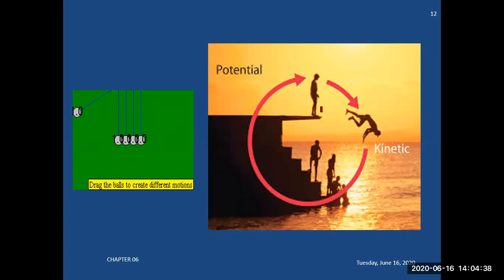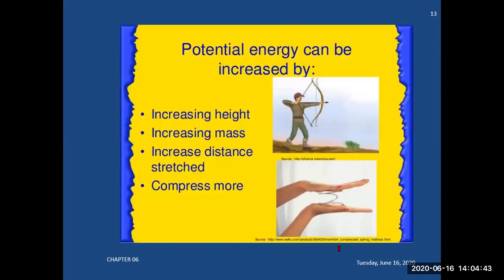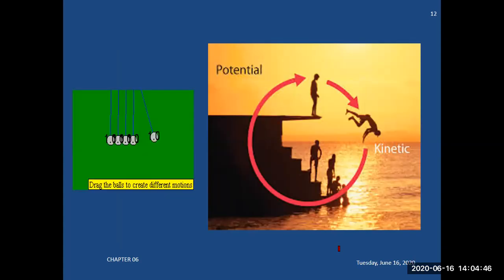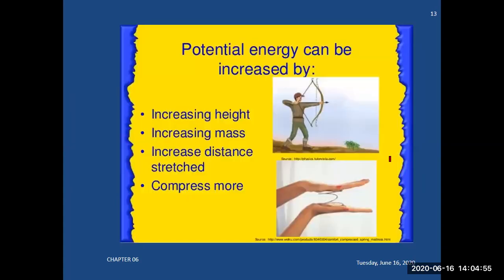You have to understand, an object that is moving has kinetic energy. At the time when he was standing, he had some potential energy. But when he starts jumping, he is moving, and at the same time he has kinetic energy. Potential energy can be increased by increasing the height of the object, because the formula for potential energy is mgh. Increase height, more potential energy. Less height, less potential energy, and less amount of work will be done. At the same time, more mass, more potential energy. Less mass, less potential energy.